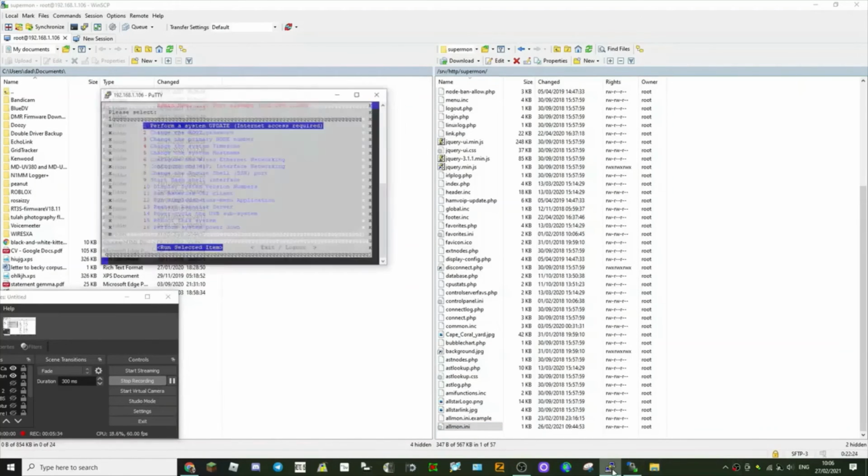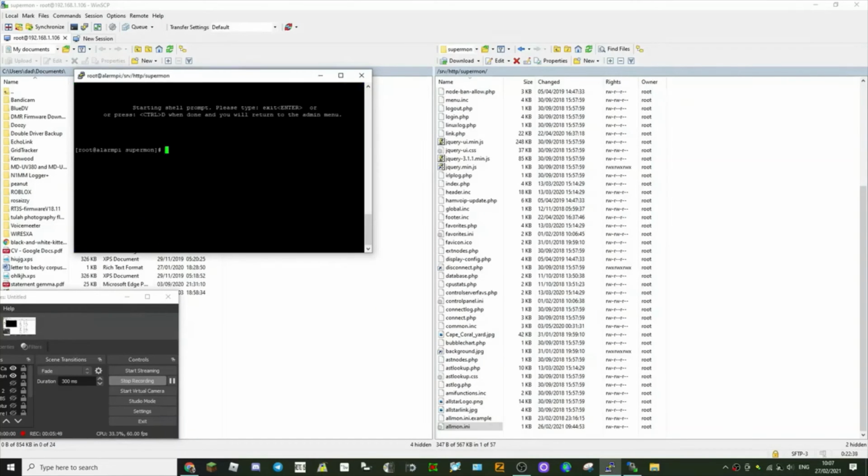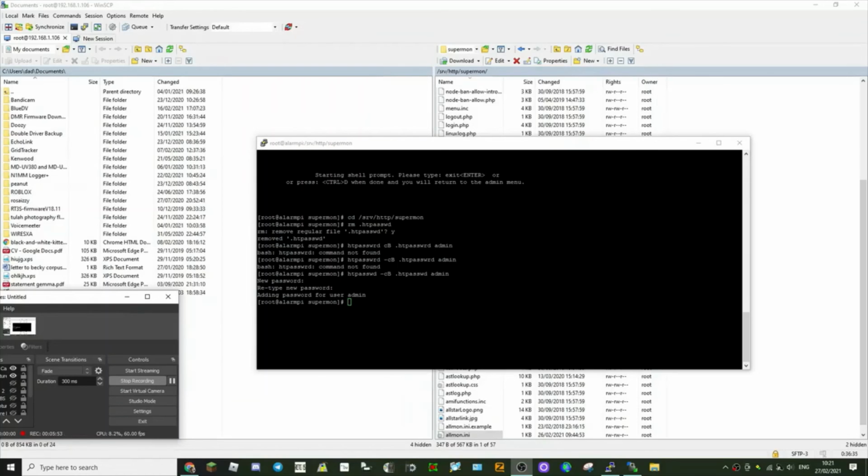So now just go back to Putty, log back into Putty, and then you're going to go with your same username and password as before. Then go to number 9, select run. So once you've logged back into Putty, you need to add a password again. So what you do is go here